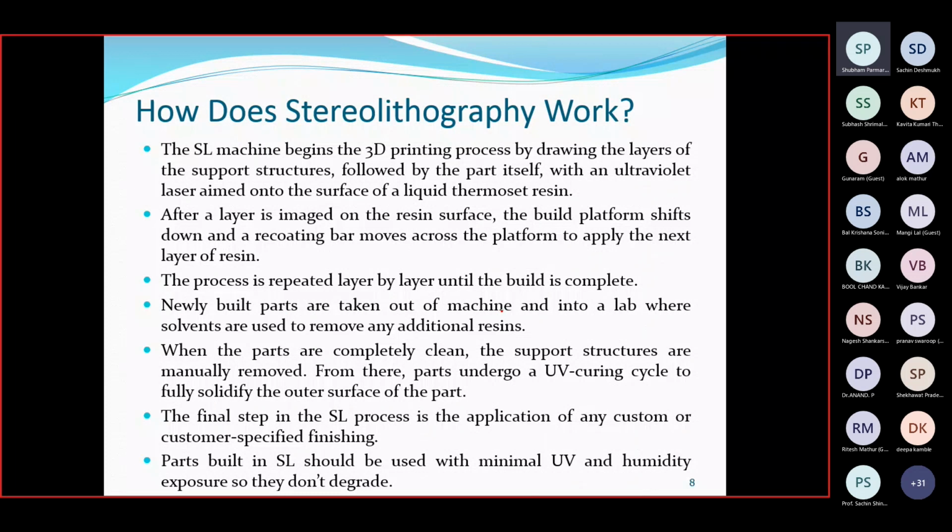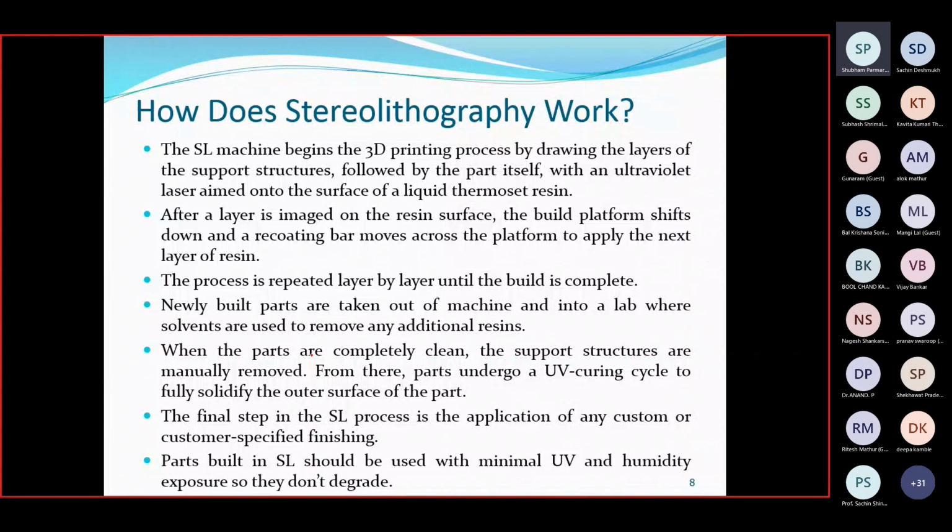And then after the newly built parts are taken out of the machine, we take them into the lab and use different solvents to remove the additional resin, and some very thin wire-type structures will come off.